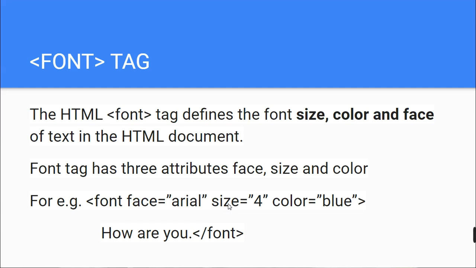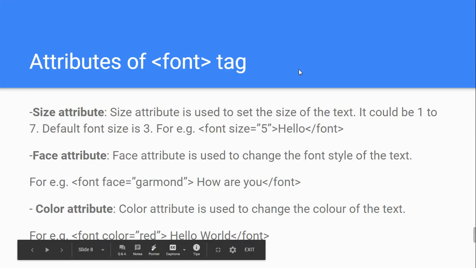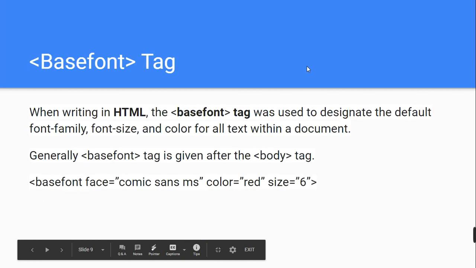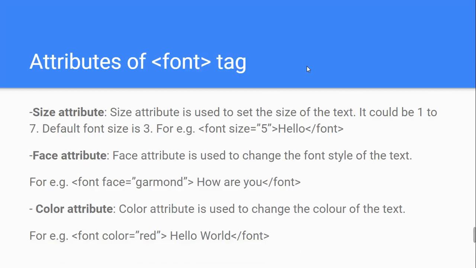Now one by one we will go through the different types of attributes that we have in a font tag. There are three attributes of the font tag. The first attribute is the size attribute. The size attribute controls the size of the text in an HTML document, and the value of the size attribute can be 1 to 7.